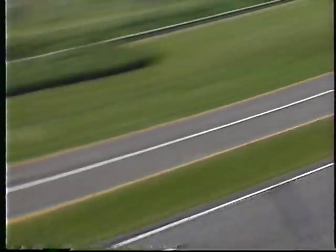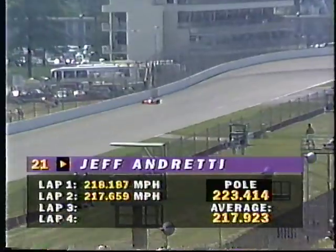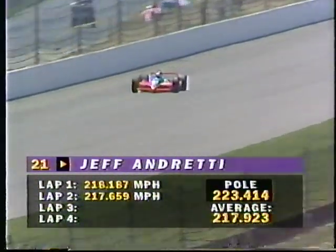For the moment at least, Mario Andretti sits on the pole. Paul Tracy is second quick. Jeff Andretti could sit on the outside of the front row as the provisional results go at the moment, but of course there's a tremendous lineup of drivers waiting to qualify here at Indianapolis. Jeff Andretti's second lap,